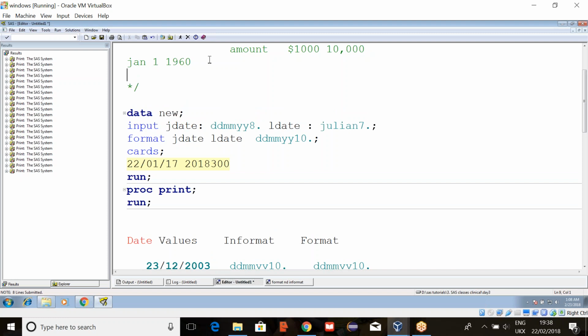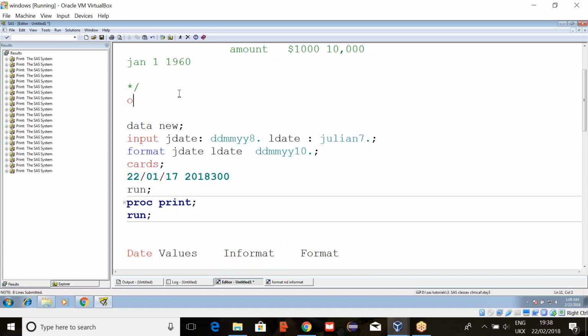Anyways, I will teach this while teaching the global options topic also, but I'll tell you once now. There is a global option called OPTIONS YEARCUTOFF. YEARCUTOFF equals 1920. This is running at the backend.